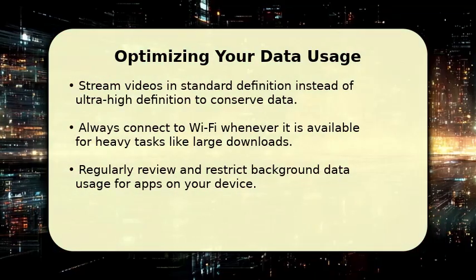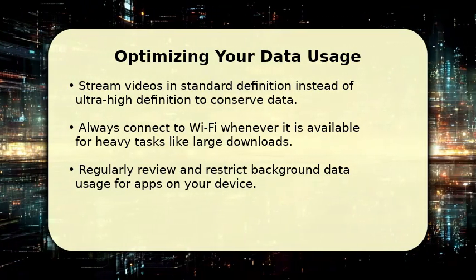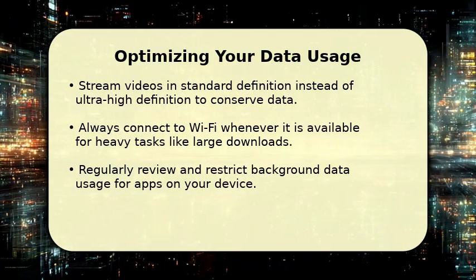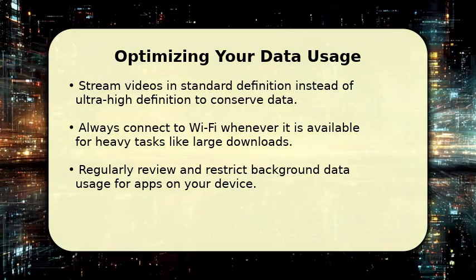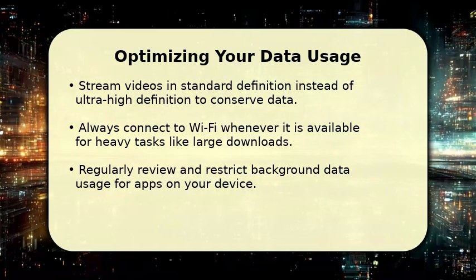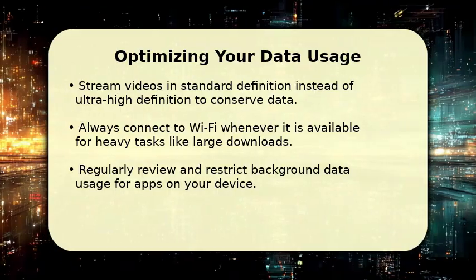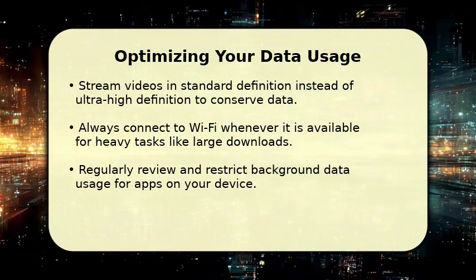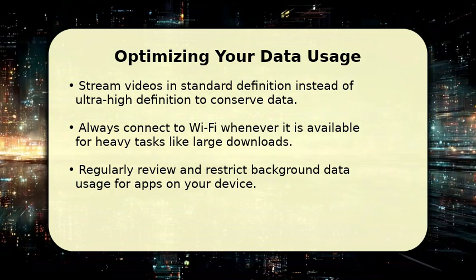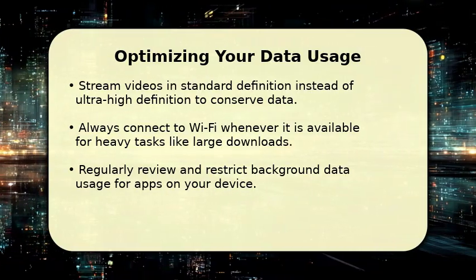month. Even with an unlimited plan, optimizing your usage helps maintain consistent speeds, especially during busy network periods. Consider streaming videos in standard definition, around 480 pixels, instead of ultra-high definition, which consumes significantly more data. Always connect to Wi-Fi whenever it is available, at home or in public, to offload heavy tasks like large downloads or system updates. Regularly review and restrict background data usage for apps on your device settings, further preserving your high-speed